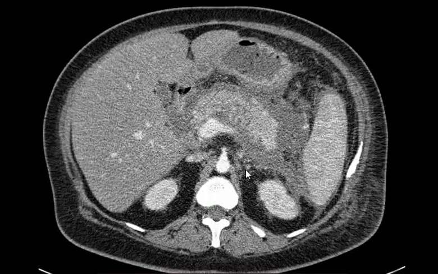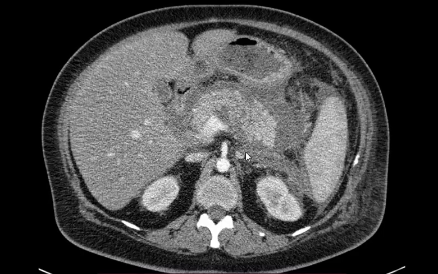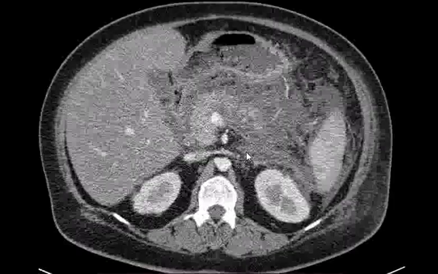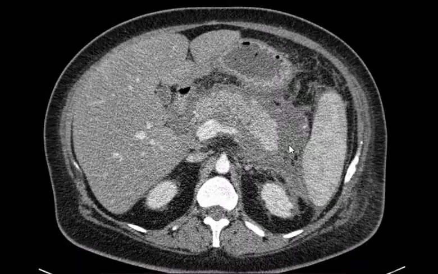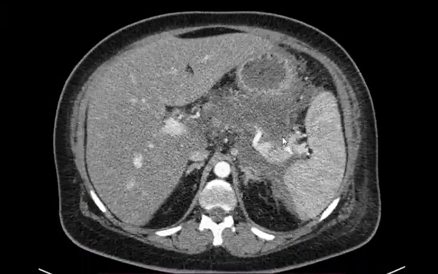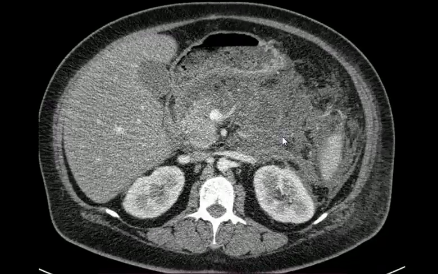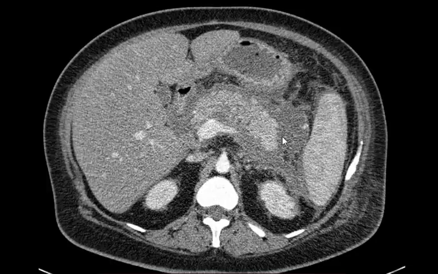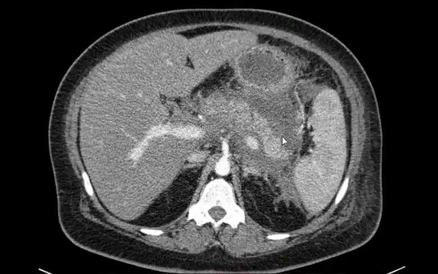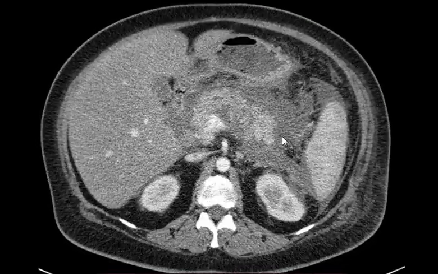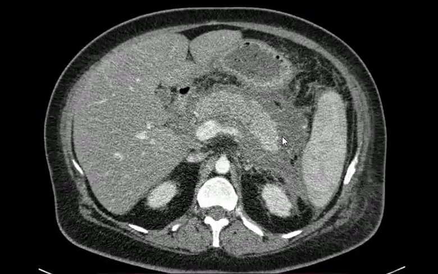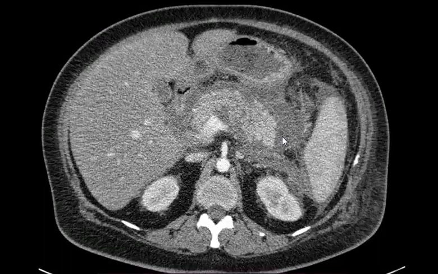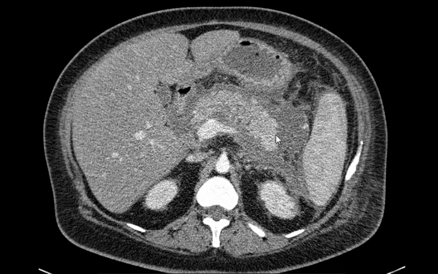Diffuse enlargement of the pancreas with marked or extensive fat stranding surrounding it. And fluids also surrounding the pancreas. So peripancreatic fat stranding with fluid and edema. There's heterogeneous enhancement of the pancreas also, but there's no